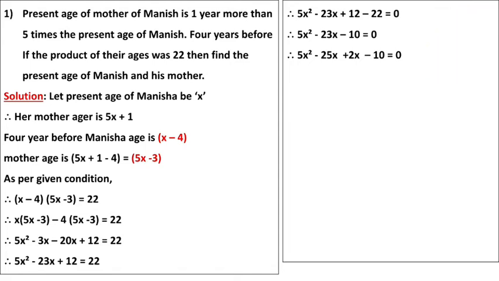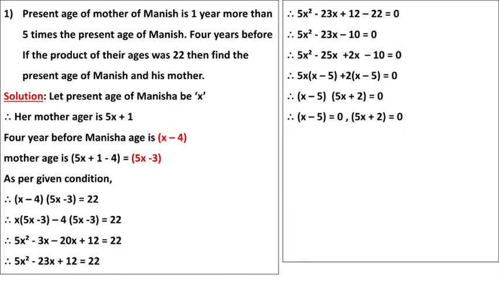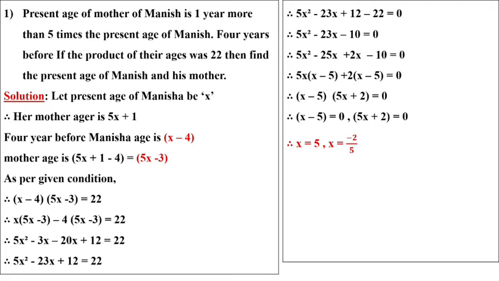Now, in the starting two terms, what is the common factor? 5x. So the remaining will be x minus 5. So x minus 5 is a common factor, so it will come in the next one also. Now remaining is plus 2. So take the common term x minus 5 and the uncommon is 5x plus 2, equal to 0. Now x minus 5 equal to 0 or 5x plus 2 equal to 0. X equal to positive 5, and here plus 2 becomes minus 2, 5 is multiplied, so it becomes divide. So x equal to minus 2 upon 5.